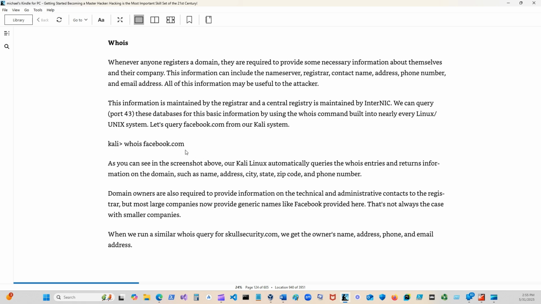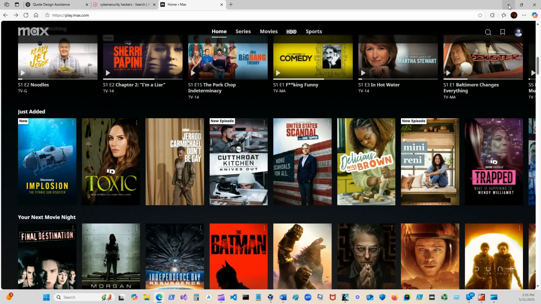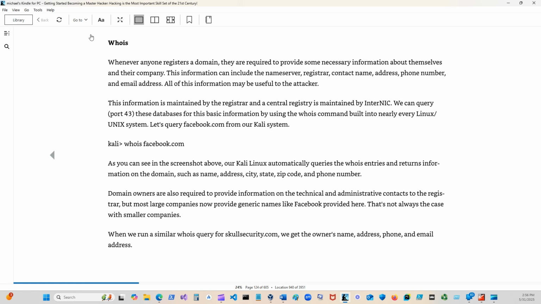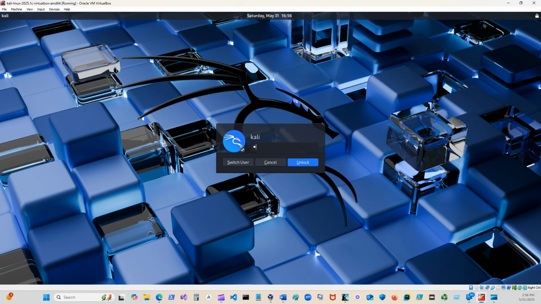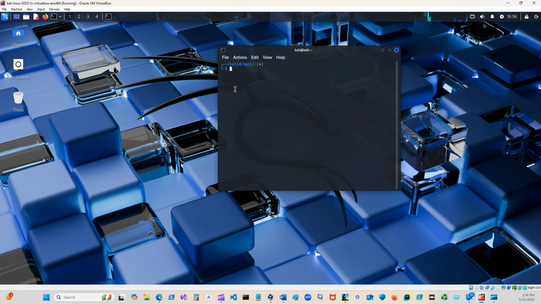Kali Linux, whois facebook.com. I'll close this. Put it here. Alright, we'll open our command line. whois facebook.com. Like that.